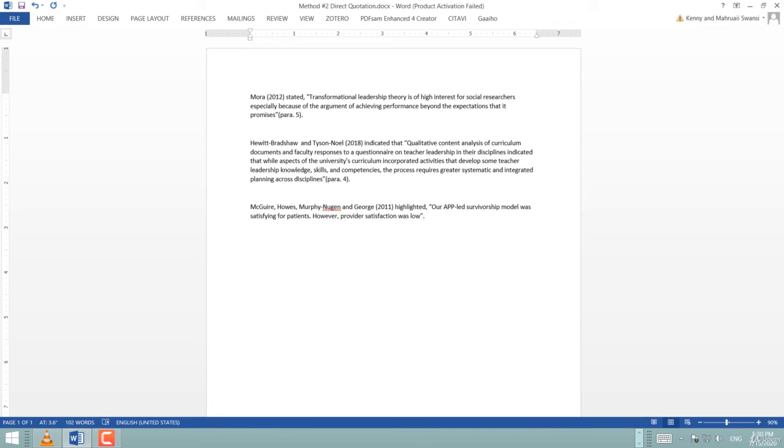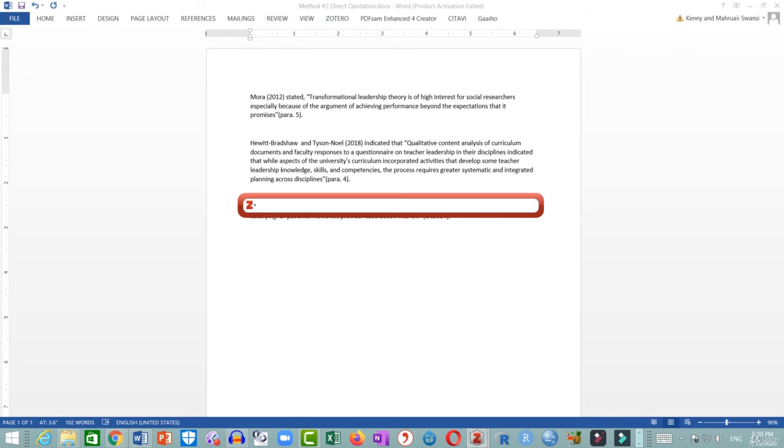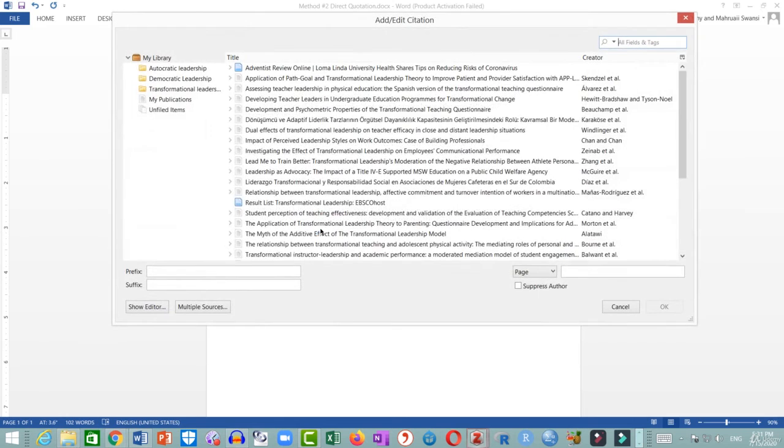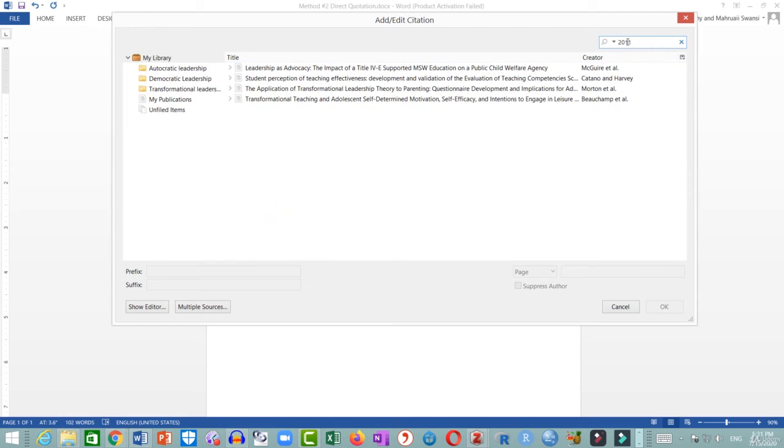Now I need to enter the paragraph number, so I will place my cursor at the end of the passage and then invoke Zotero once again and add edit citation. This time I click on the Z icon to invoke the classic view. Look for the resource, and once I identify it, click on it. It gets highlighted or it turns blue, light blue,